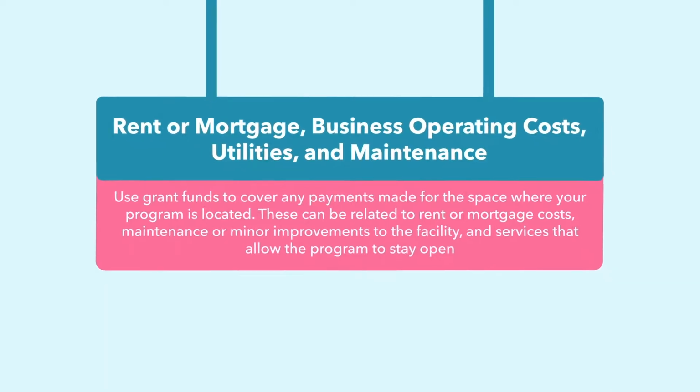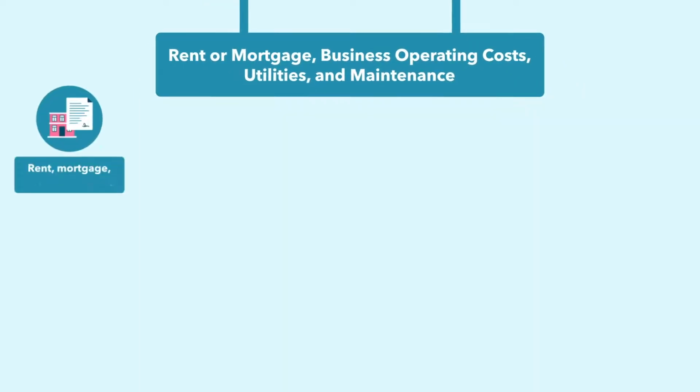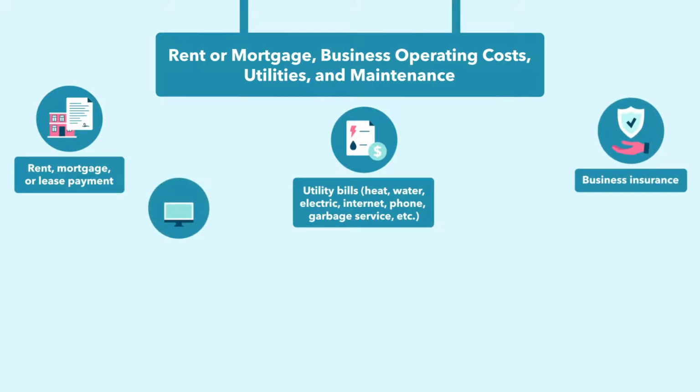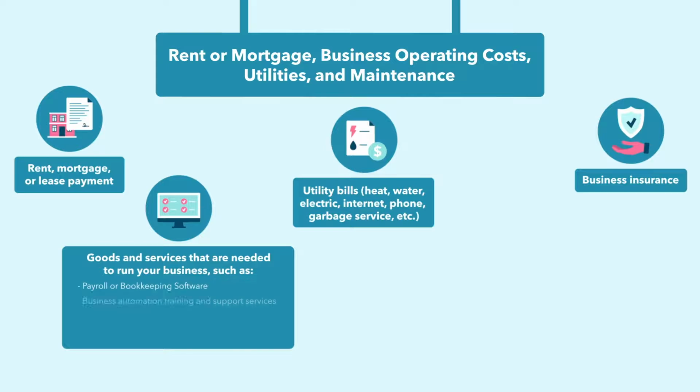Here are some examples of these expenses: rent, mortgage or lease payment, utility bills, heat, water, electric, internet, phone, garbage service, etc., business insurance, goods and services that are needed to run your business, such as payroll or bookkeeping software, business automation training and support services like child care management systems, materials for diapering and toileting, materials for safe sleep, materials for play and learning,